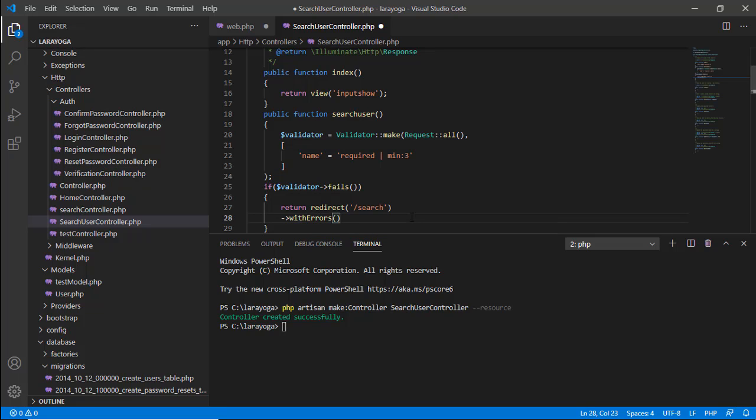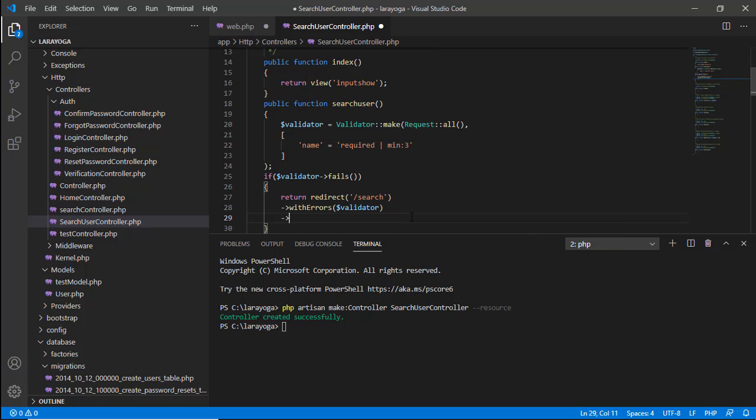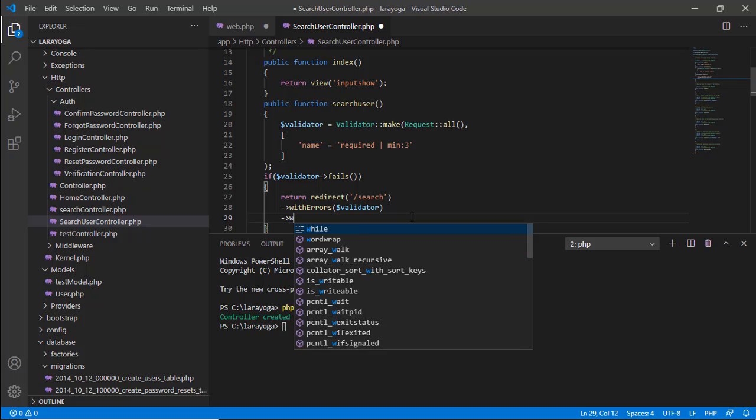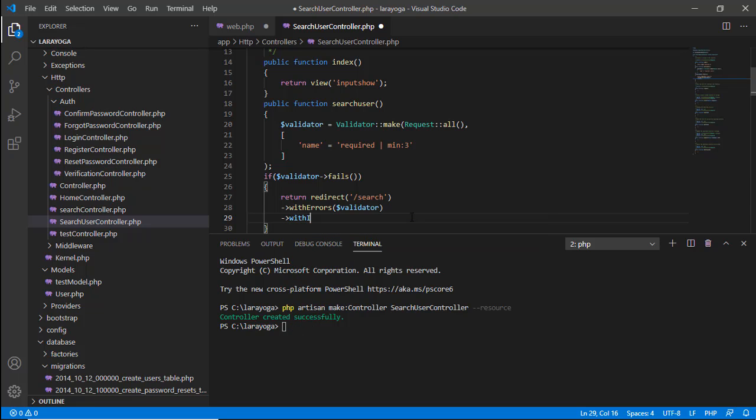With errors, the validator, with input. Okay,